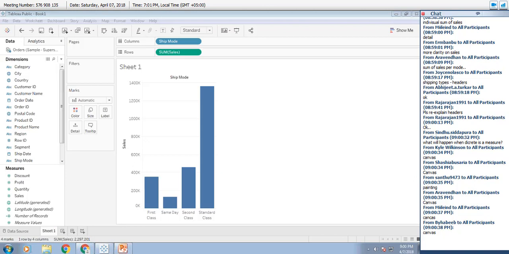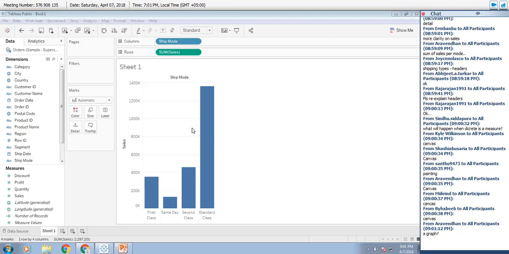Anything on a canvas is called a mark. The white space is called a canvas, and anything on the canvas is a mark. What kind of mark do we have on our canvas now?